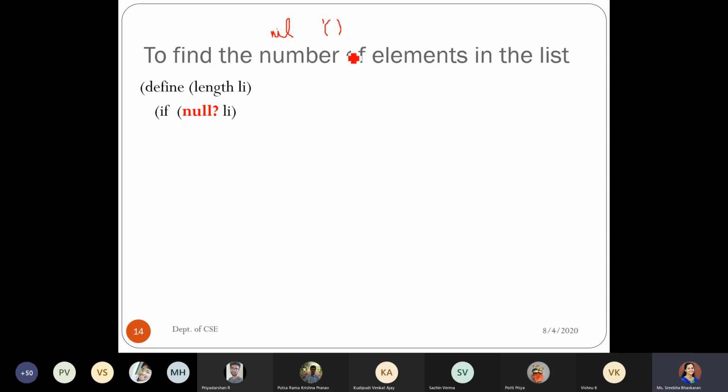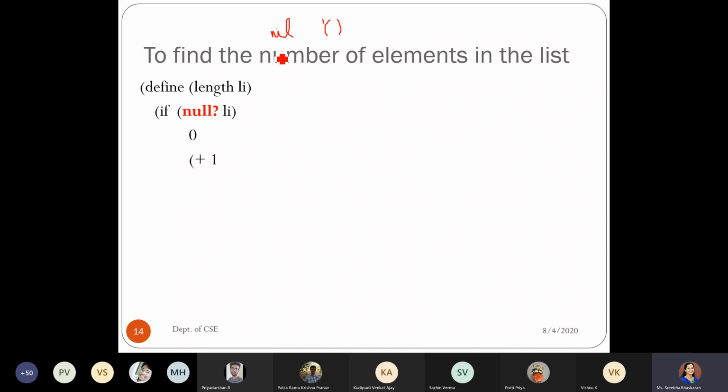This null procedure, a primitive procedure, will identify whether the list has reached an empty list or not. If you have reached the empty list, what do we have to return? We can just return the value 0. If it is not, then keep adding it. Just keep incrementing by +1.